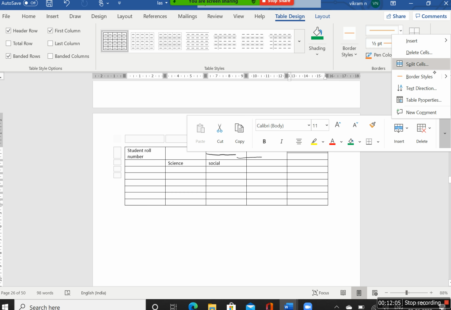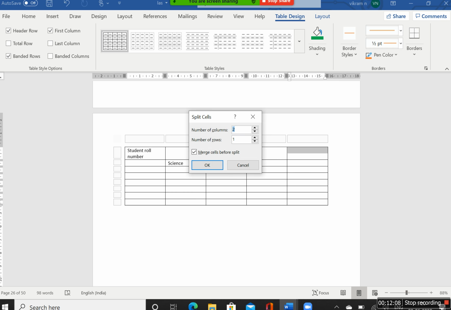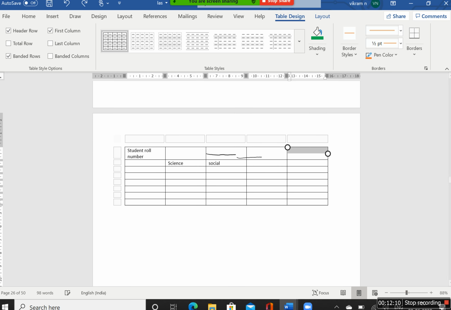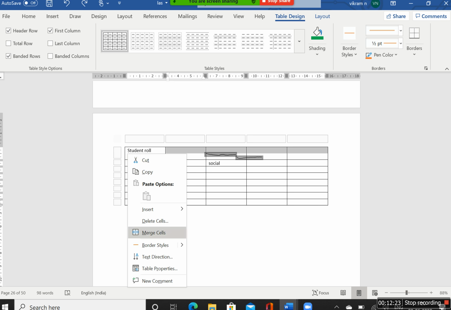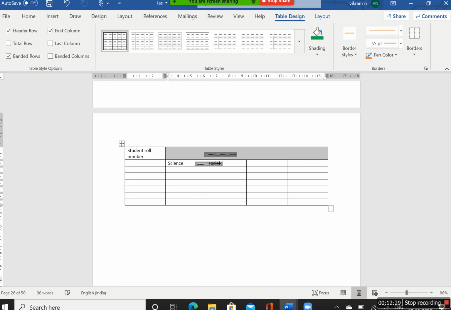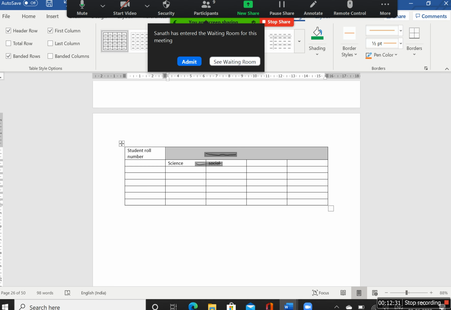Actually, I need to get the merge cells. You can see the option merge cells, right? Like this, you can see the option merge cells. You click on merge cell so that it will be together.